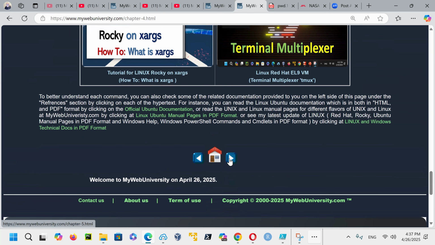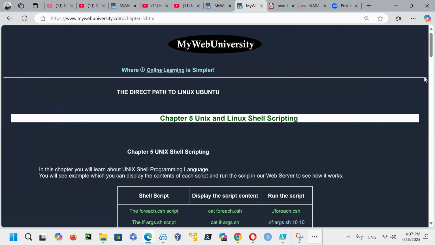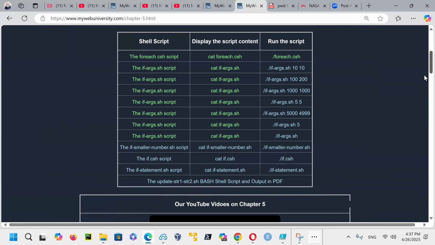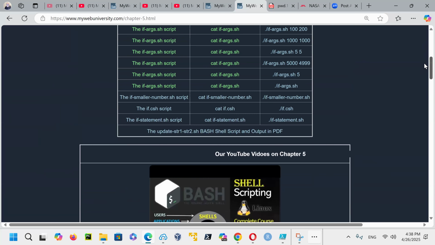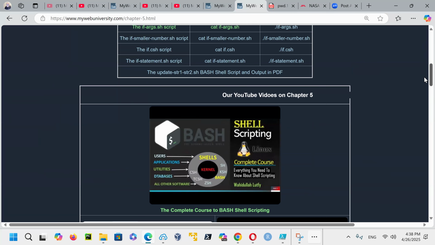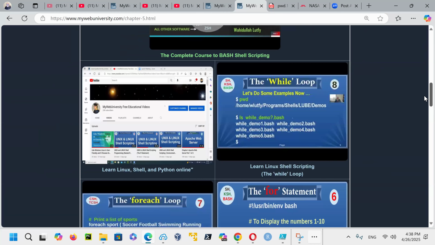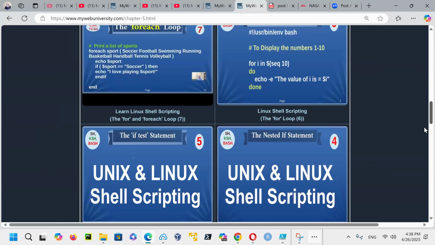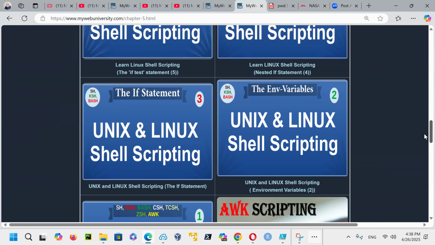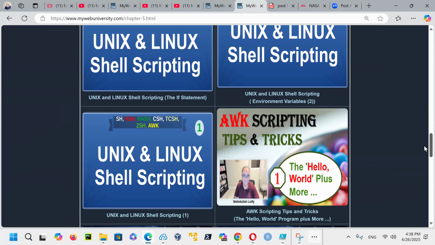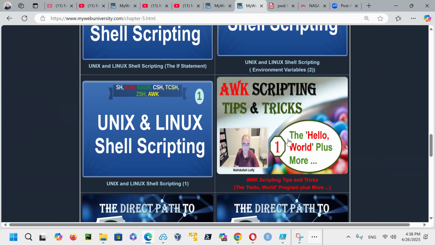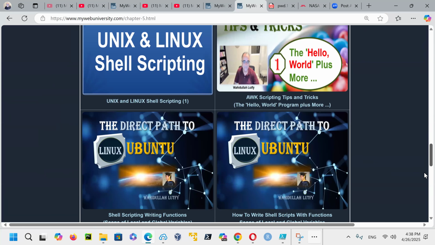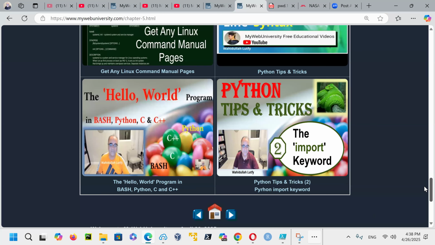And then if you go to chapter 5, which is shell scripting, in addition to having these videos that are teaching you shell scripting, the complete course, and what is a while loop, what is a for loop, what is a nested if statement, all of these, the environment variable, the if statement, the awk programming language, writing hello world in multiple programming languages. A lot of this is very easy for you to just watch and start learning.